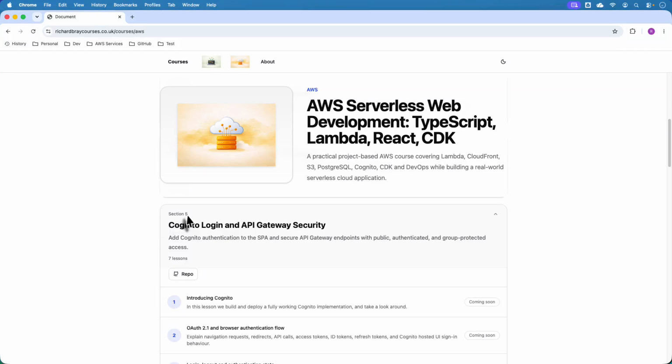In fact, welcome to the start of section 5, where we're going to start working with Cognito. In this lesson, we're just going to clone the section repo, build the software, and have a look at a working implementation of Cognito and see it up and running in action. Once we've done that, in the next and subsequent lessons, we'll take a look at the source code and see how it's actually implemented. But if you'd like to follow along, just go to